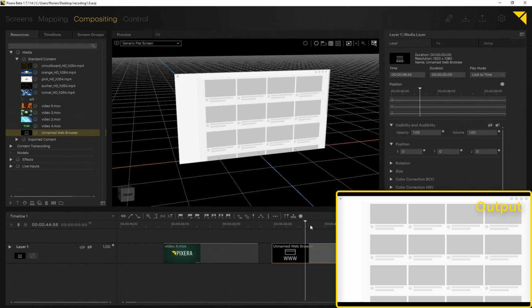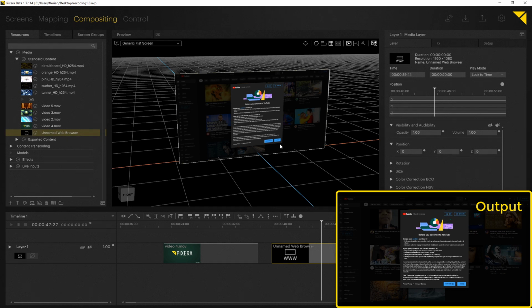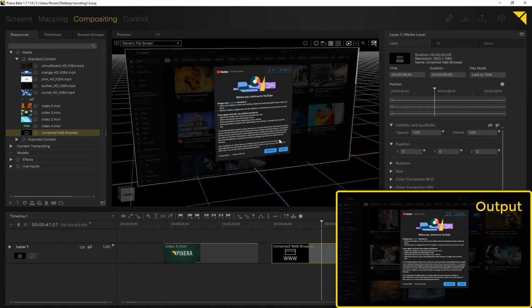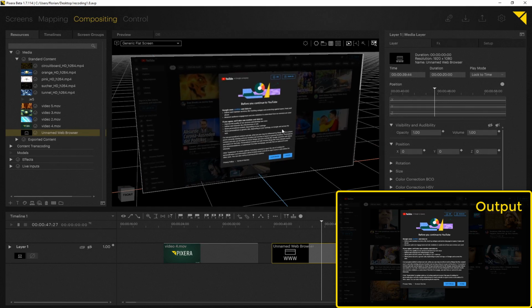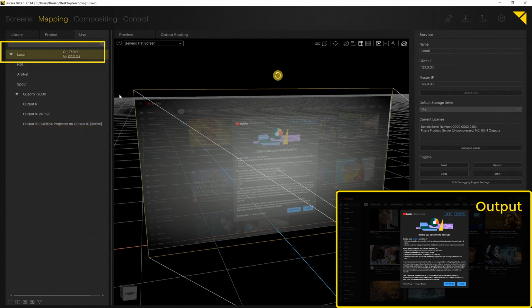As you can see, most of the web pages automatically display a cookie window, which prevents you from displaying the web page directly. In Pixera you now have the possibility to display the mouse cursor directly on your render output to, for example, accept such a window. Just move over to the Mapping tab, select in the Live tab your live system, and